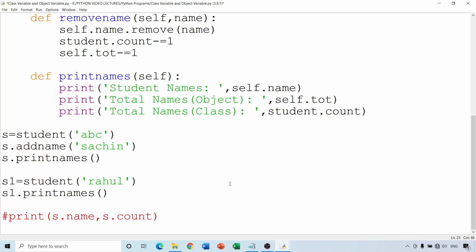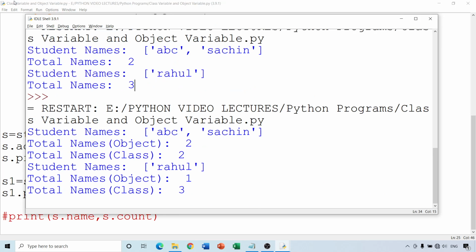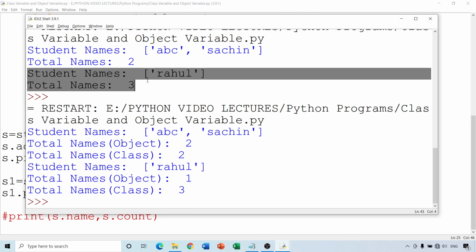Now let us check what the output is like. And now you can see the change. Previously, let us start from the bottom part. Student name Rahul belongs to the S1 object.